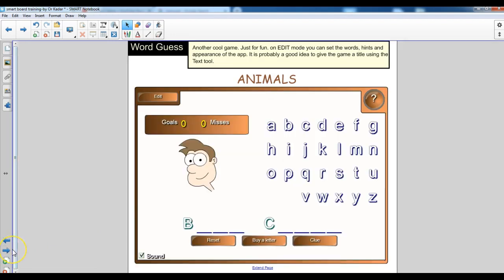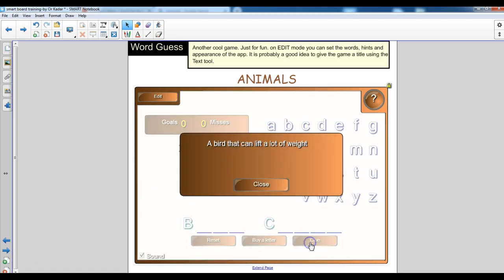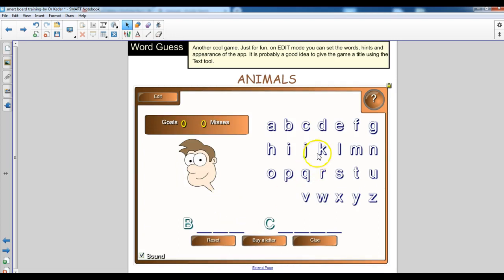You've got kind of like a hangman activity where there's a need to guess the animal, and you can set up clues, and the kids just